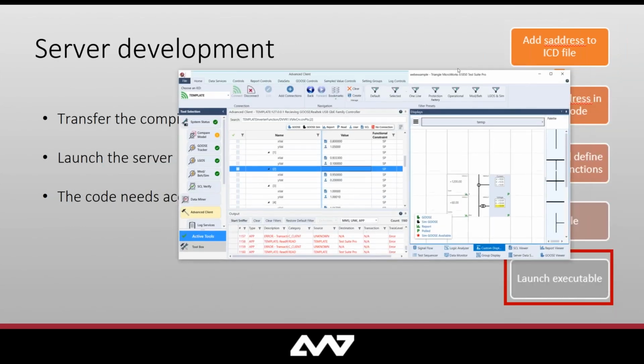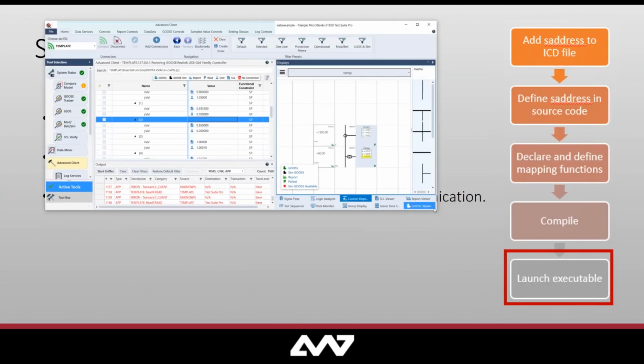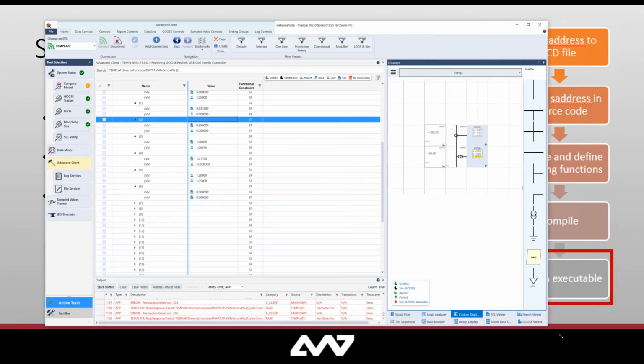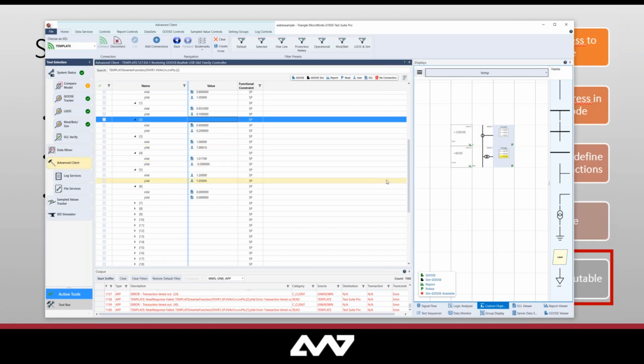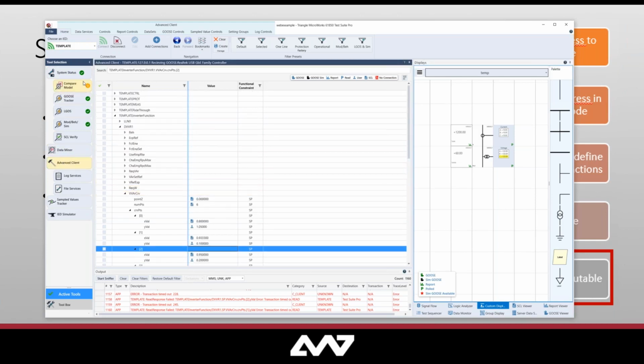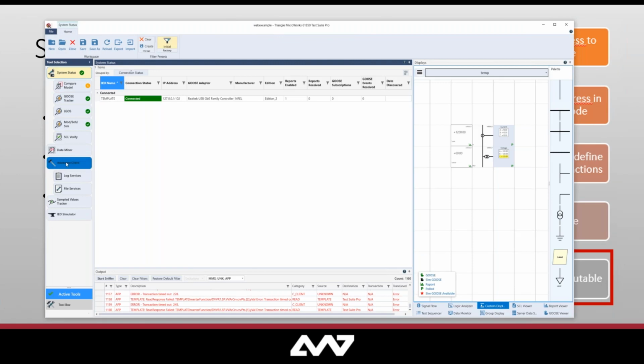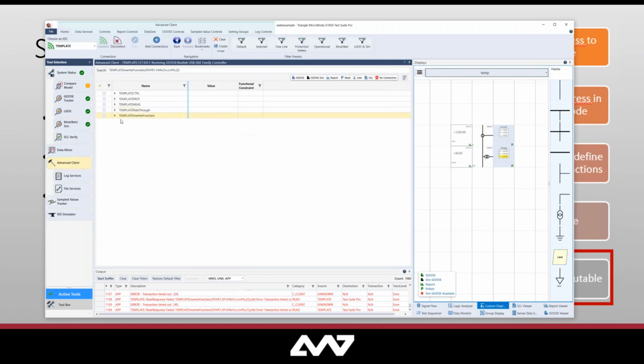Over here, I just have the tester pro that is connected to the server code, where you can go in here and try to connect it. And then within the advanced client, if you go in there, it should show you what is connected and not.